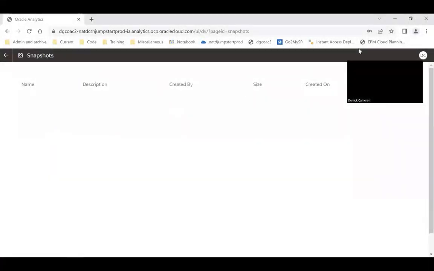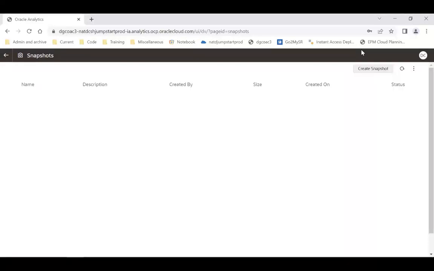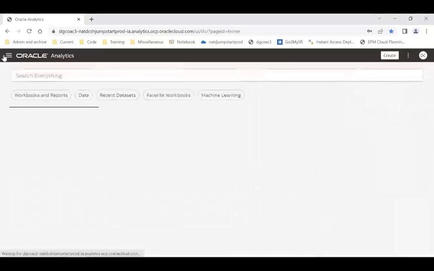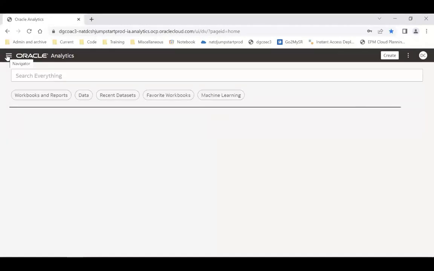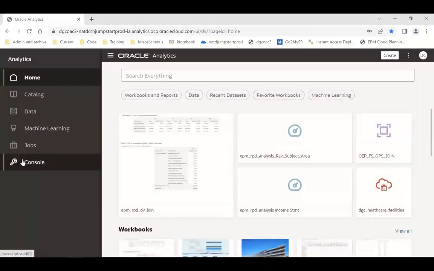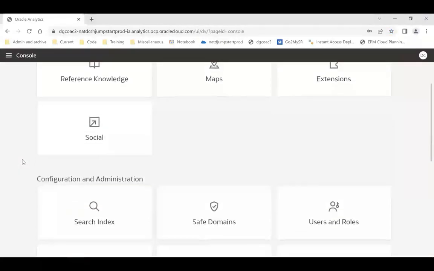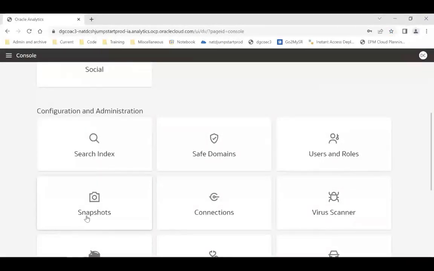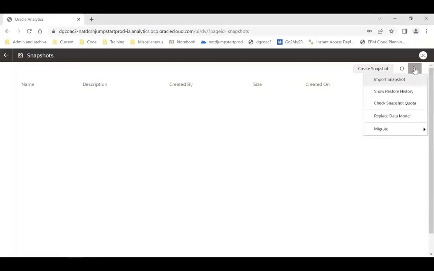So once we save the RPD, we do need to upload it. And we do that by going into snapshots. Let's go back here to show you the path for that. You go into OAC, you end up on the home page here. We go down to console, and under console, you'll see snapshots. And under snapshots, there's a menu up here. Go here